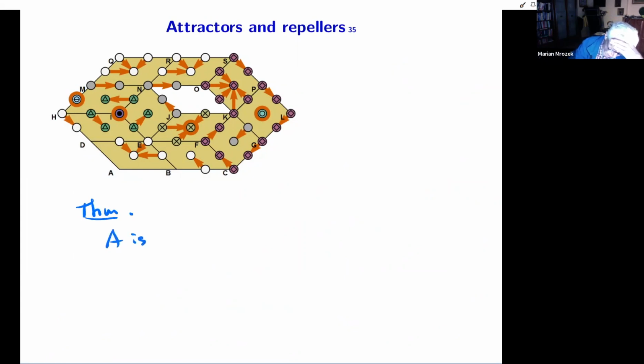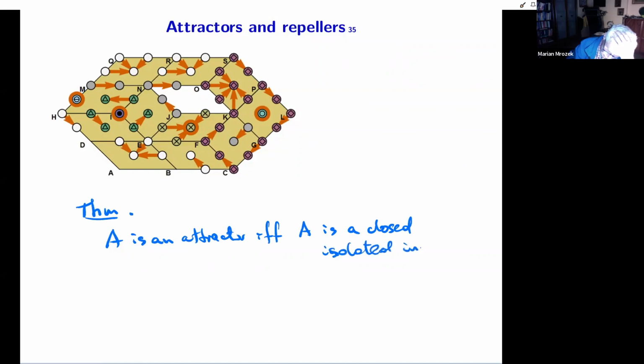A is an attractor if and only if A is a closed isolated invariant set, and the dual theorem, you can guess, A is a repeller if and only if A is an open